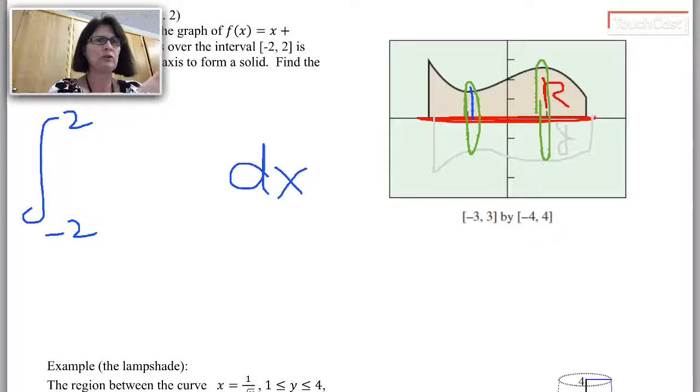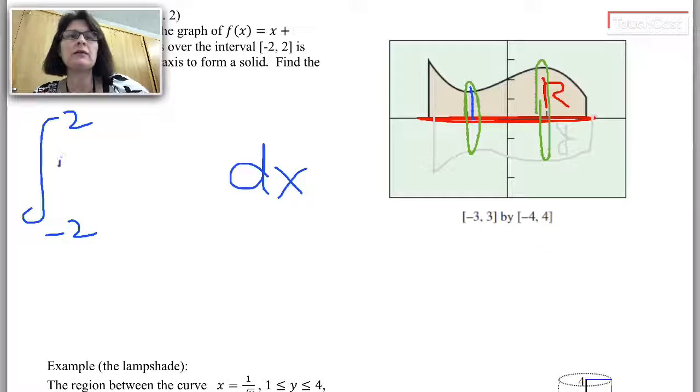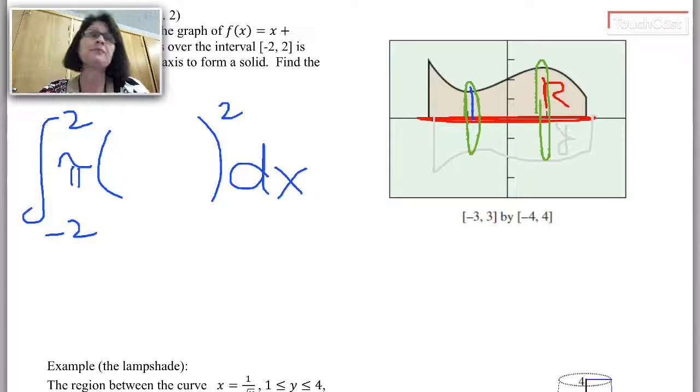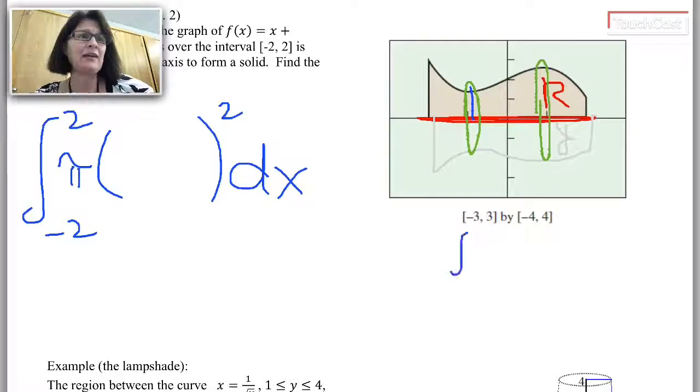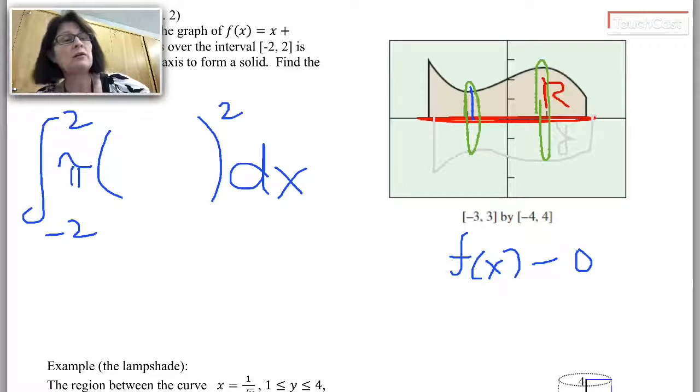If I could take that green disc out and look at it, it would look on the face like a cylinder, but it has a thickness. So I need the area for that circle. Area for circle, pi r squared. Well, what's my expression for r? I said my blue line is bounded on the top by f of x and below by the x-axis, which is y equals 0. So I'm going to write,